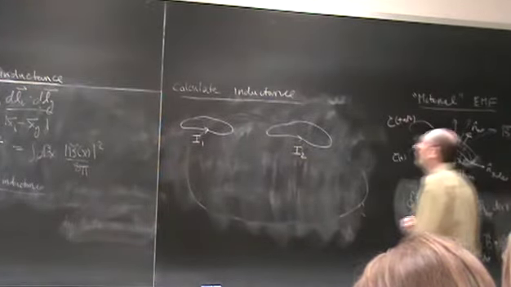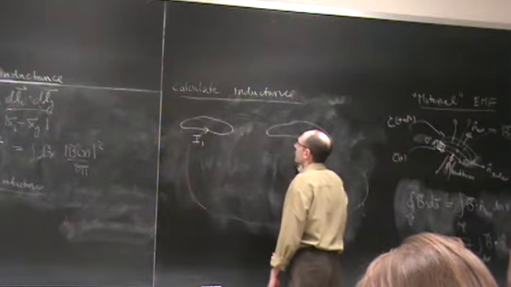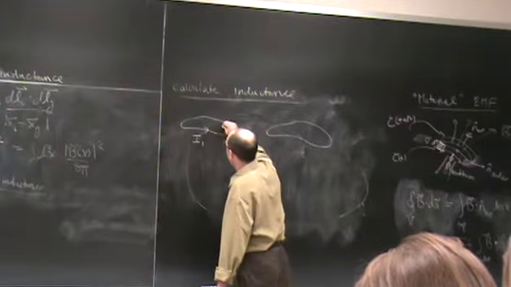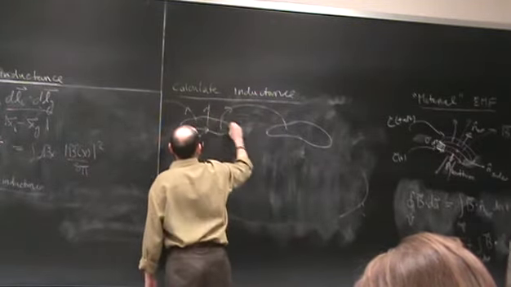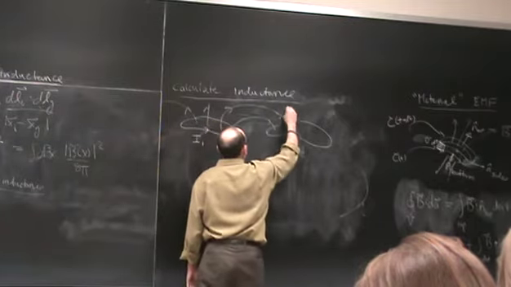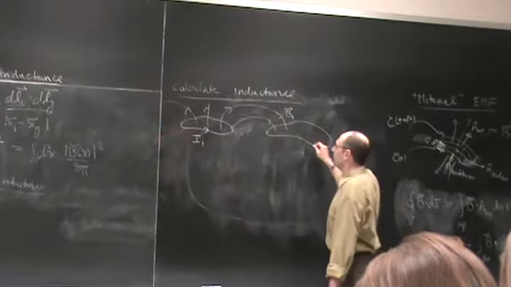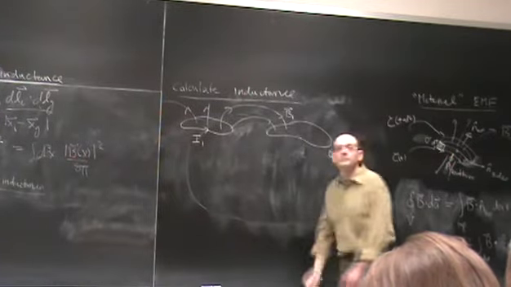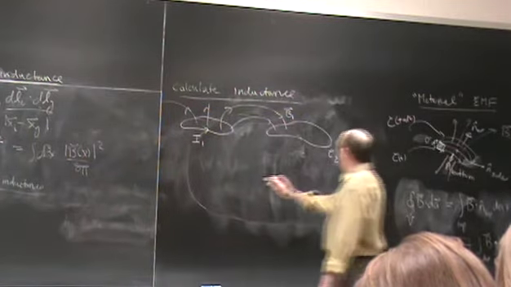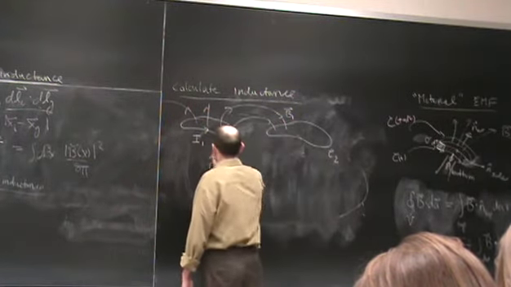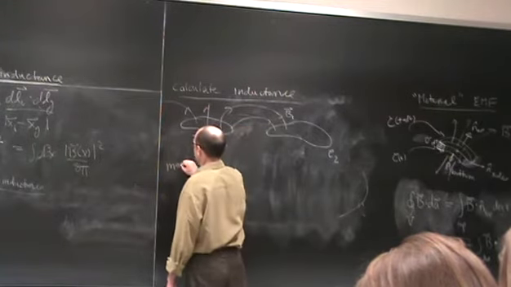And what I want to know is the following. Let's not put any current here. Let's say that I put some current here. It's going to make some magnetic field, B due to 1, which is going to flux through contour 2. So the flux through 2 due to 1, this is the magnetic flux,